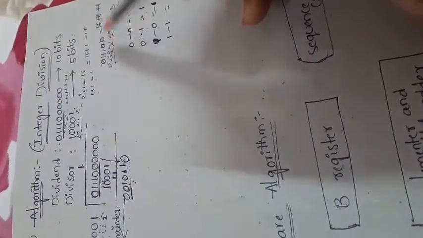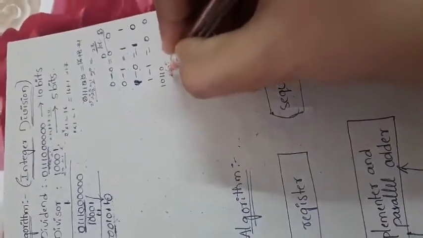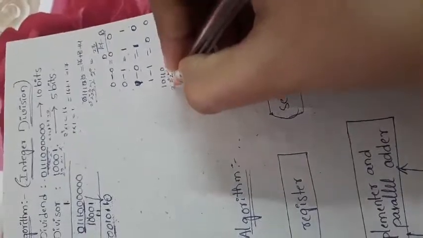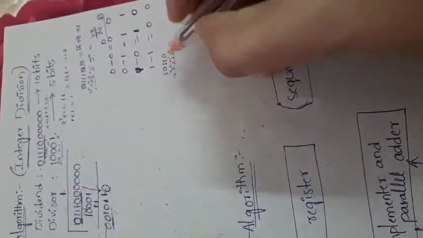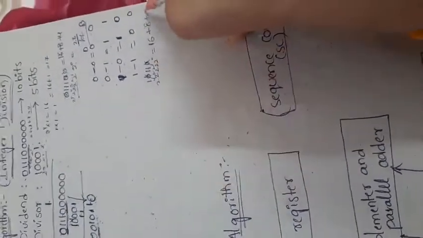So how can we compare those numbers? Again we have to convert into decimal notation. So 10110, what is the decimal notation? Now we have to calculate. So 2 power 0, 2 power 1, 2 power 2, 2 power 3, 2 power 4. Then 2 power 0 is nothing, and 2 power 3 is also cancelled. So then we take 2 power 4, that is 16, plus 2 cube, that is 8, plus 2 square, that is 4.